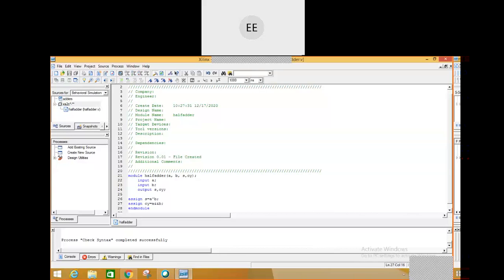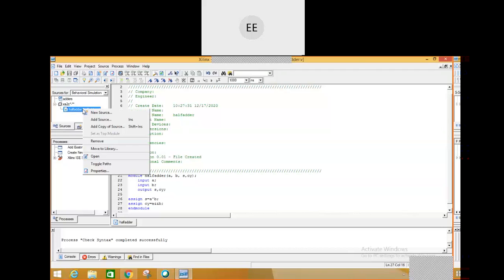I'll go for behavioral simulation. See, you have a window space here called source for. When you start with a Verilog code, you go for synthesis and implementation, and write the code. After that, for test bench verification, I'll go for behavioral simulation. Now, I already have a half adder Verilog code for which I need to go for a simulation. So I need to create a test bench for this. A test bench is again one more new source. So I'll click half adder, right click on that, and it will ask you for new source.